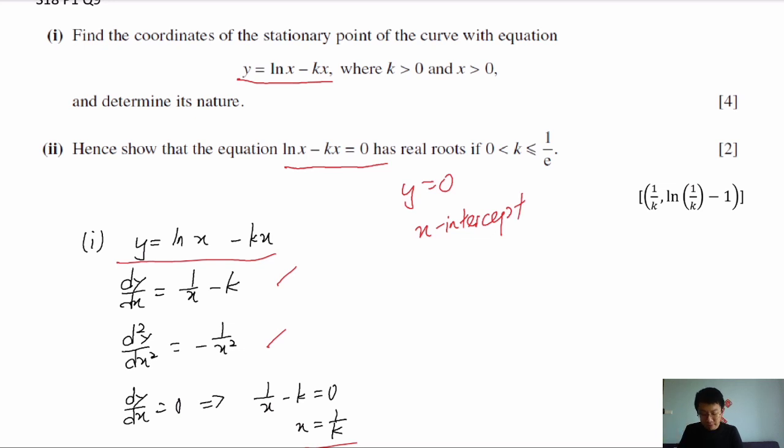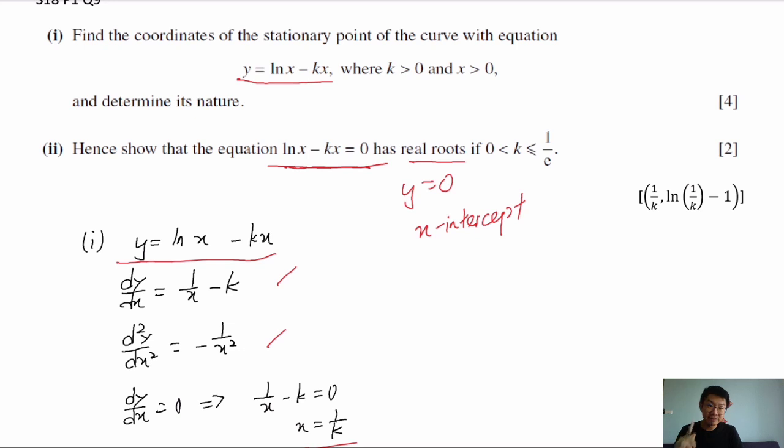Okay, so if we relate that, if this equation has a real root, it means it has an x-intercept. When it has an x-intercept, it means the curve will touch the x-axis. So how do we know about the property of this curve? Is it by using the previous